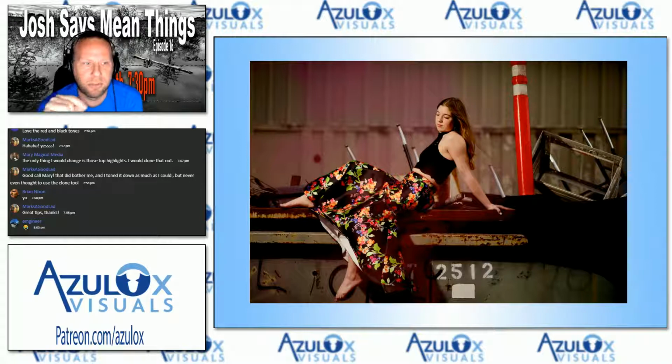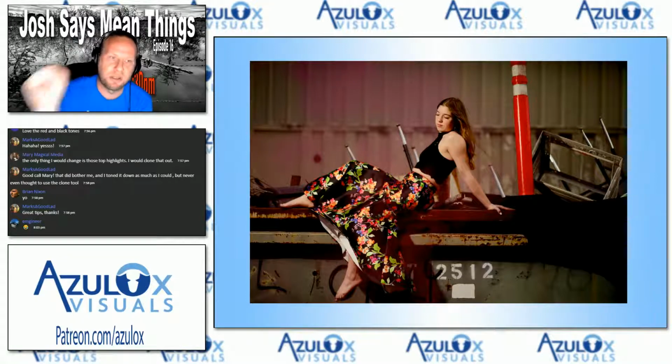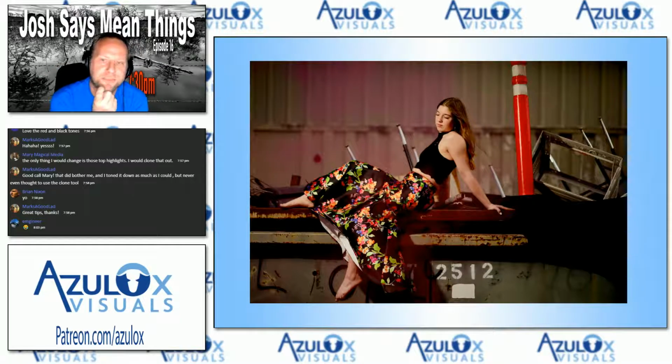I would also use my radial filter to put some exposure into the center of the frame, to get your eye there, because right now the brightest thing is her right foot. I'm not a foot guy. So I would want my exposure to be a little bit more on her face, and the center of the frame, and less on the feet and that hemline. We see the whites in the hem, and it takes our eye away from her face.